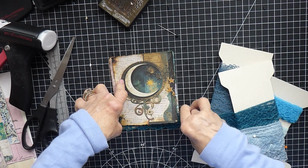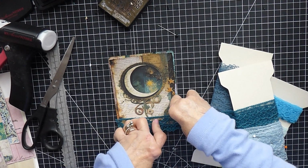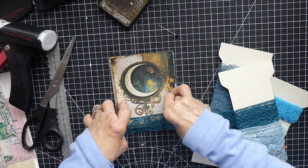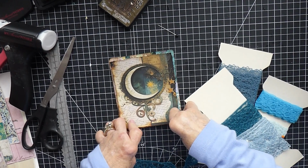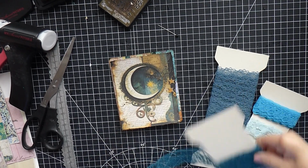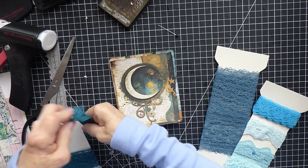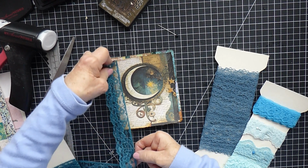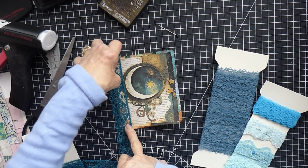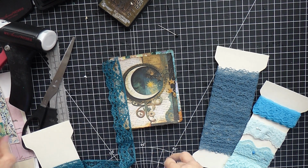Underneath. You don't really get much of it then, do you? On top. Or down the side. About down the side. Because I think sometimes having things hanging off the bottom gets in the way if you're trying to put it in a pocket or something. I think I might like that on the side. I'll take off the edge, but